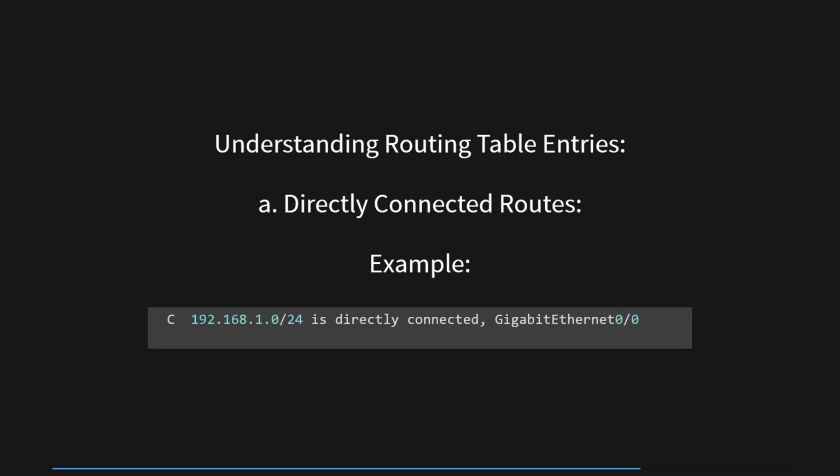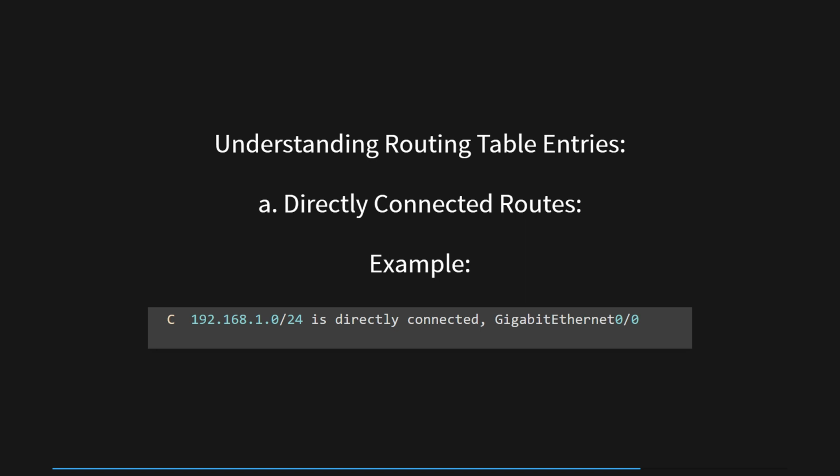The first type of entry in a routing table is for networks that are directly connected to the router's interfaces. When a router interfaces with a network, it learns about the network's presence and automatically adds an entry for it in its routing table. These entries have a subnet mask of 255.255.255.0, or a prefix length like /24, because they represent specific interfaces' direct connections. For example, if the router is connected to a local network with IP addresses in the range of 192.168.1.0/24 through its GigabitEthernet 0/0 interface, the routing table entry would look like this.